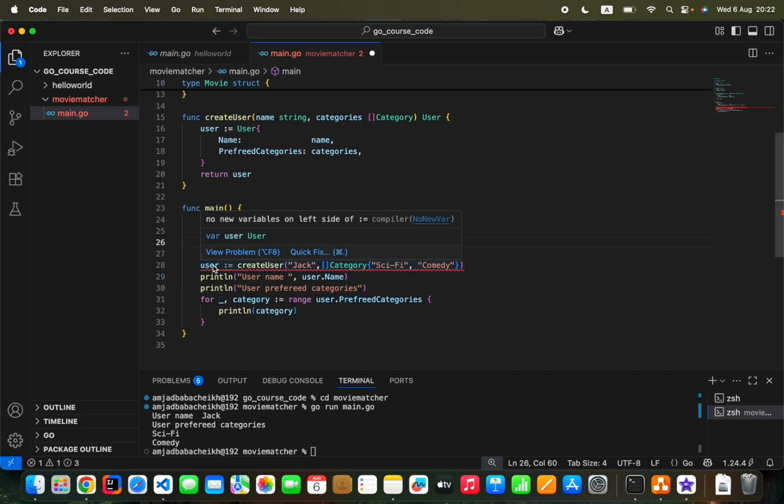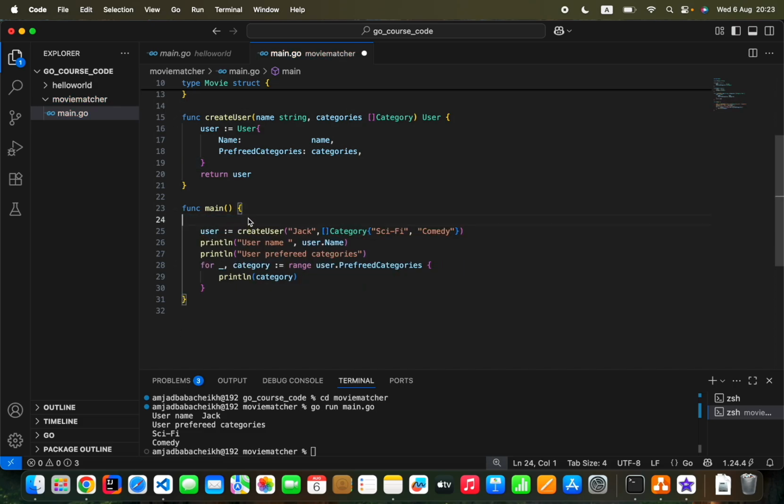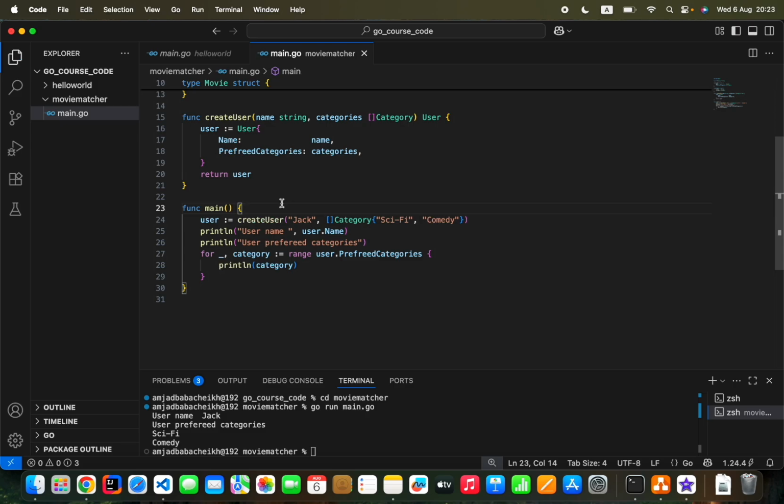Like this, the code gave me an error. This is because we are initializing the same user variable twice. We can delete this one, and if we save the file and try to execute the main function, we will get